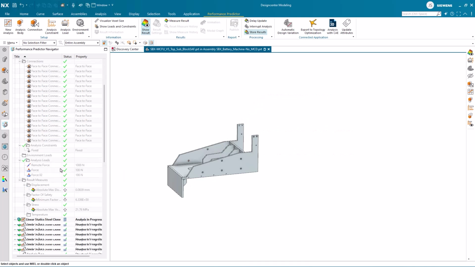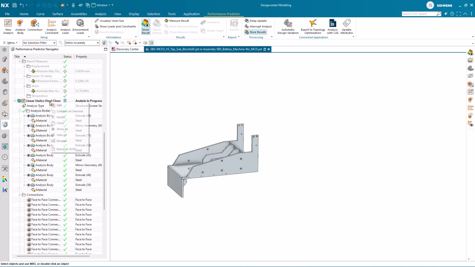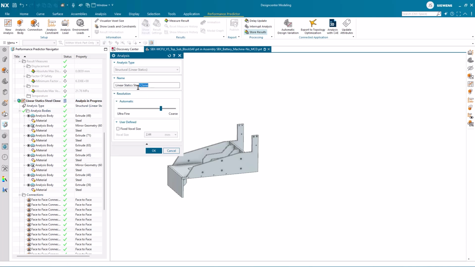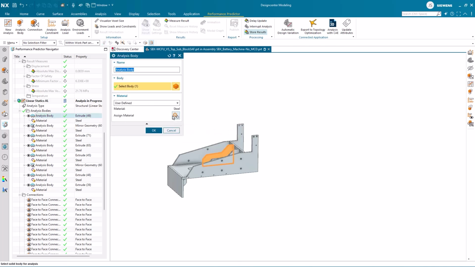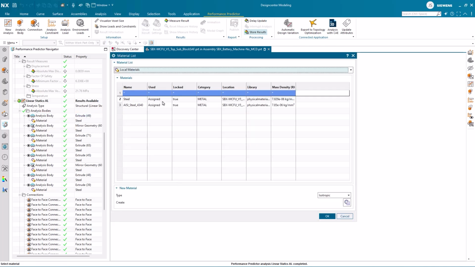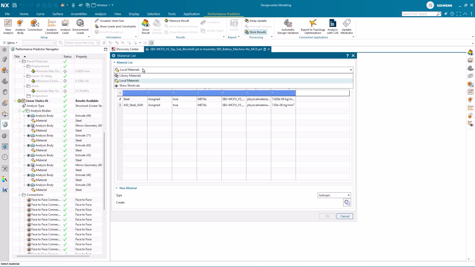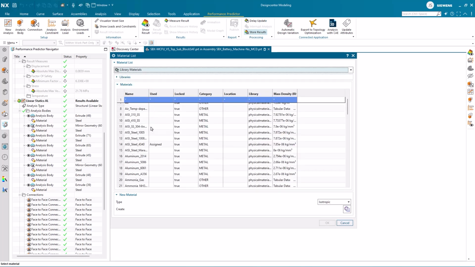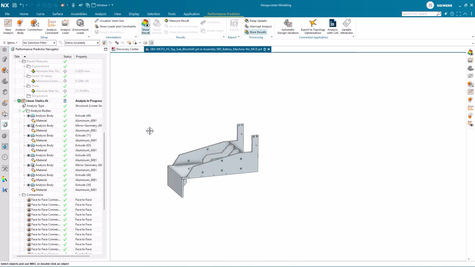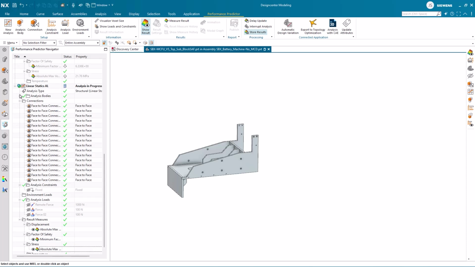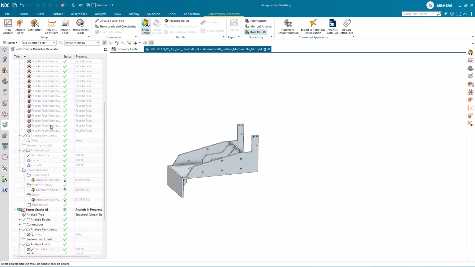Let's take a look at these if we were to use aluminum. I can just create a clone of this setup and rename it to fit our analysis. I will need to change the material of each component to 6061 aluminum, which is in the library materials, so I'll select that. I need to apply this material to the other components in the subassembly, so I'll just do that now. Since that is complete and all their constraints and loads are already applied, we can double check the results for steel.